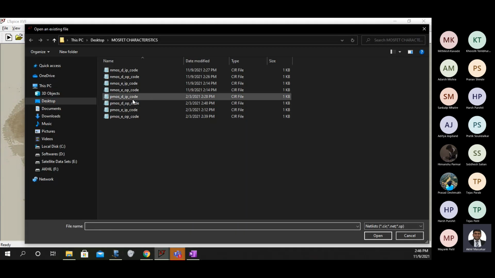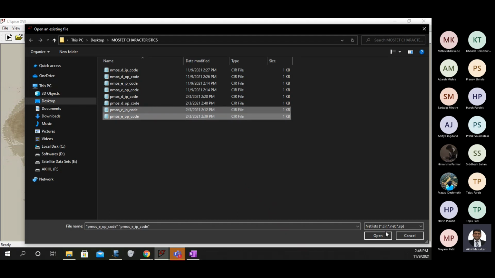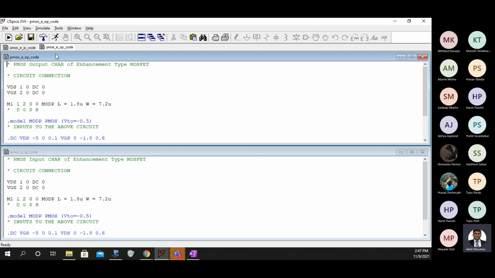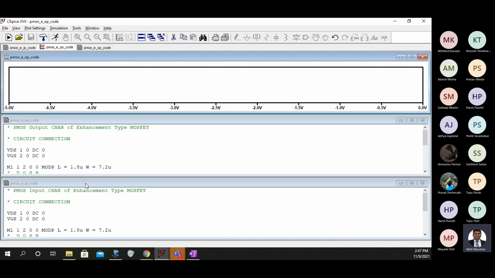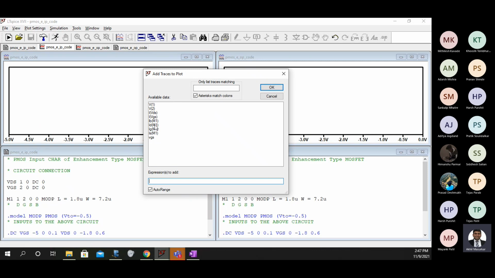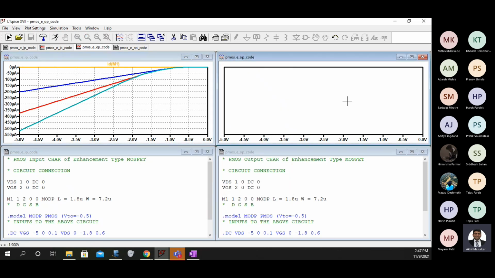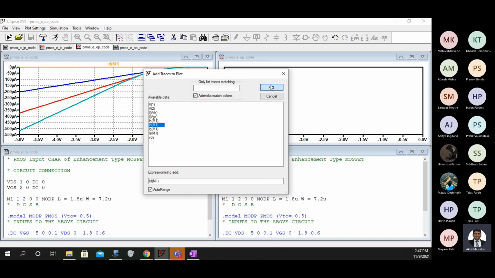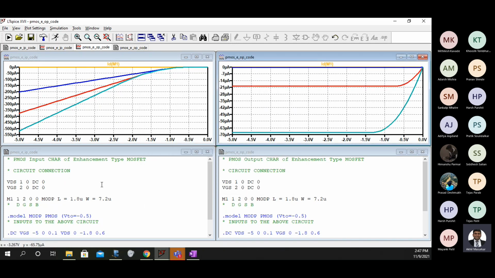If you now open this enhancement type codes, let's run them. So you should be getting this kind of output. So this is the characteristics for the PMOS.